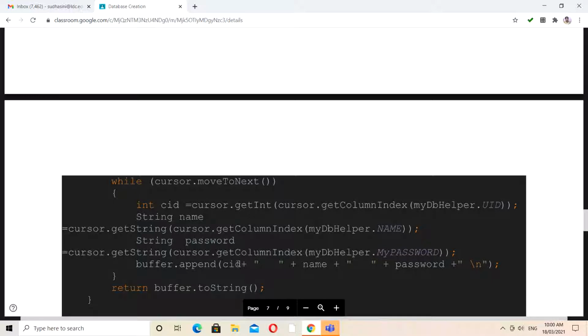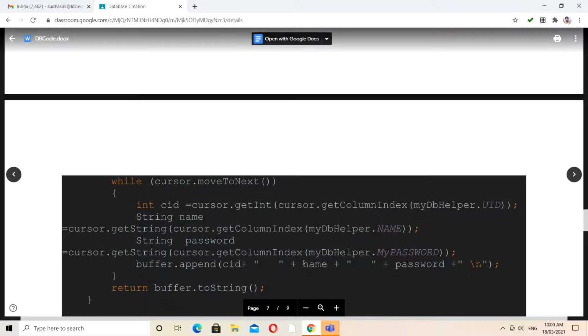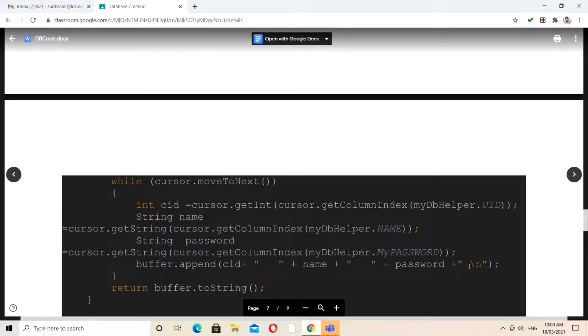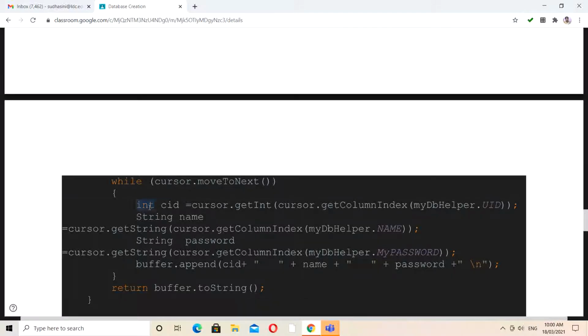For every row we have to append the information line by line, so at the end of the statement we put a \n. This is the instruction for the first row. We are getting the information of the first row by attribute.